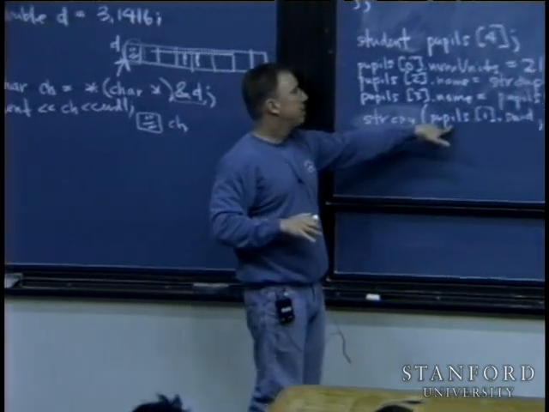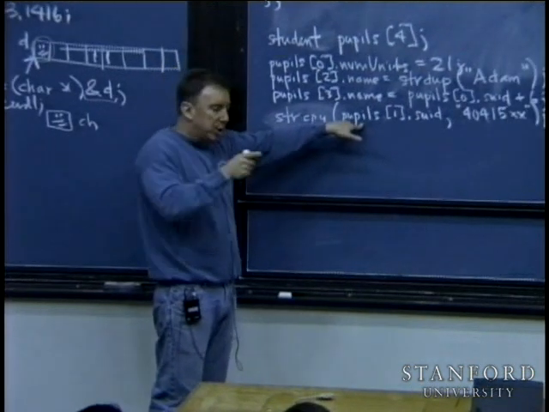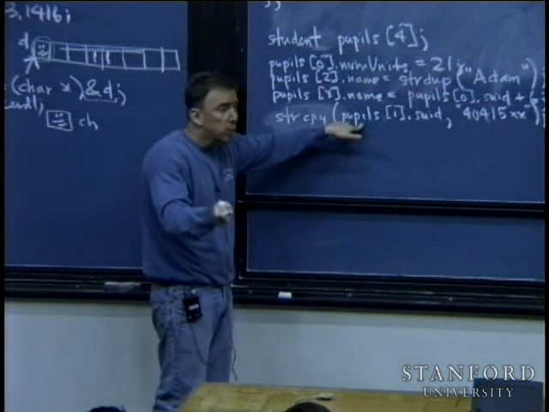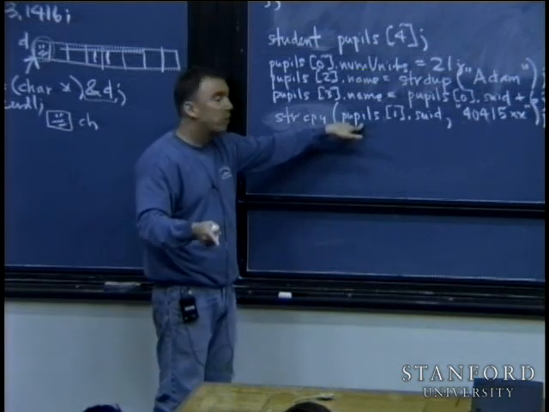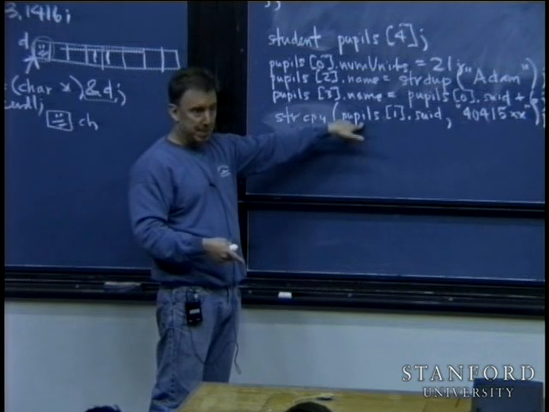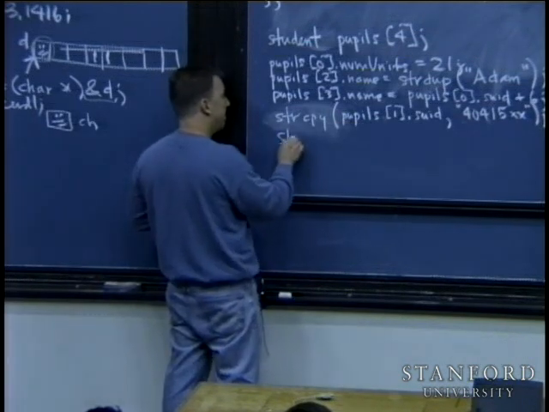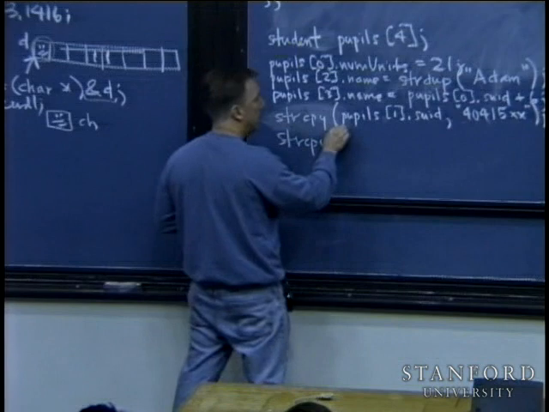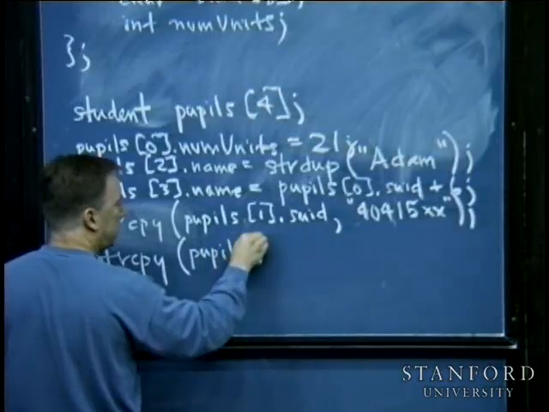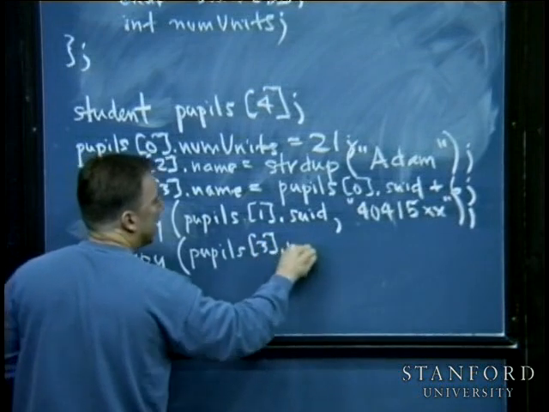You have to make sure that the address you pass in there actually points to character space that's really under your jurisdiction, because it's going to try and write characters to whatever address is specified there. You better make sure it's a good address. Okay? This one right here, strcpy again, of pupils of 3 dot name,